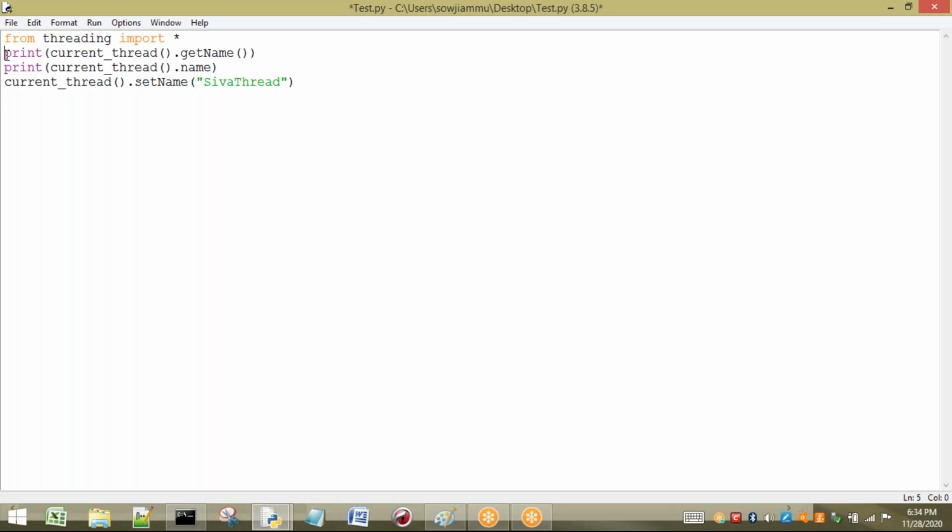Whether it is correct or not, I will check here by copying this. Now observe, I will save this. What will be the output of this program? print of current_thread.name. Which thread is executing this statement? Main thread. So the output of this statement will be main thread. In the next statement, who is executing it? Again main thread. So current_thread returns the main thread object, and